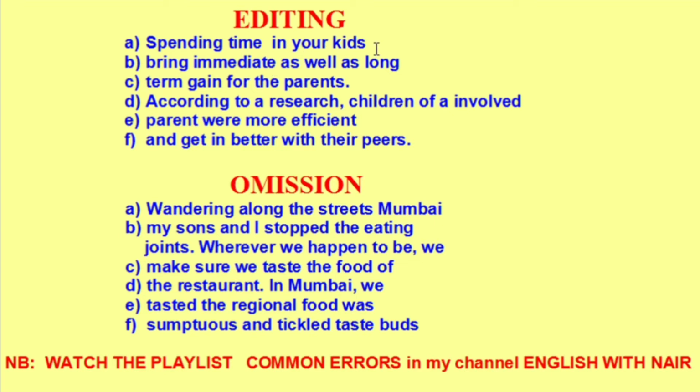So what is the mistake? Because we have seen kids, we have put bring. If it were kid, it would be brings. But we did not see the nearest one, it is the idea that is important. Spending time in your kids bring immediate as well as long-term. Spending time brings. So the error is, instead of bring it should be brings, because it's not related to the kids, it's related to spending time, and spending time is taken as singular: a singular incident, singular matter, singular action. The spending time brings immediate as well as long-term gain. So the error is, instead of bring, it should be brings. Hope you're getting it.